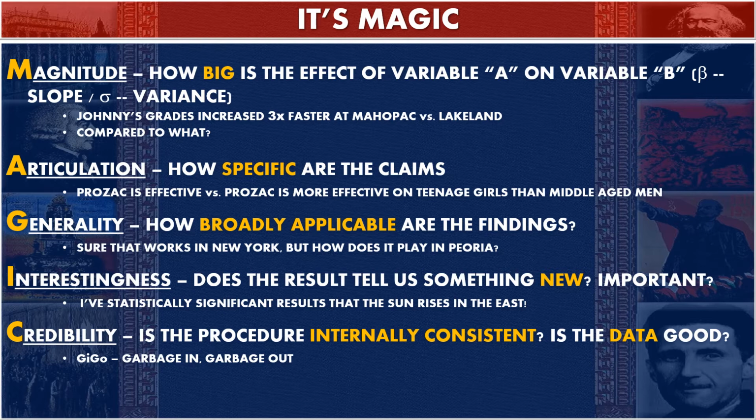And lastly is the procedure, and is the data internally consistent? Is the data good enough? This is summarized by a short acronym, GIGO, which means garbage in, garbage out. If you use bad data, or your data is not really independent, and you see this a lot in education research claims, where they claim to have, let's say, 15,000, 20,000 observations, but very often these observations are not really